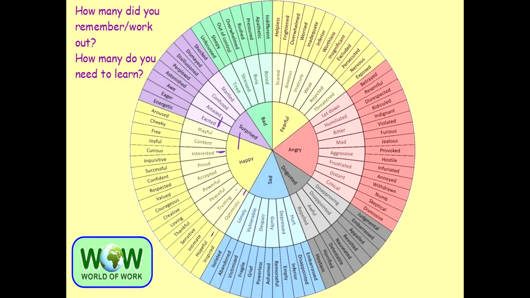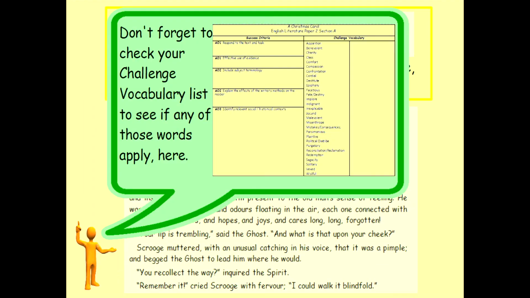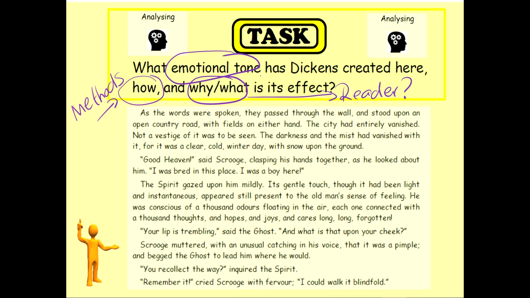Okay. Is he inquisitive? Yes. Is he curious? Yeah. Is he joyful? Yes, I'd say he was as well. Is he eager? Yes, he is. And is he energetic? Yes, he is. So these are the sorts of things you can look at and find to describe what it is that Dickens has created here and what it is that Scrooge is feeling, and use some quotes. No more than a couple of paragraphs on this, please, guys.